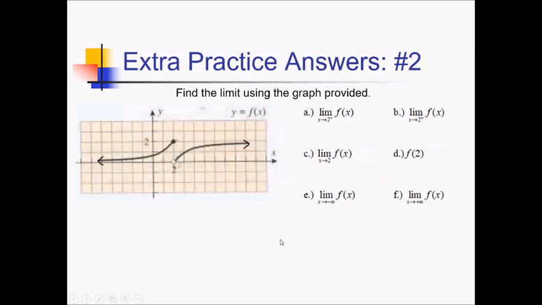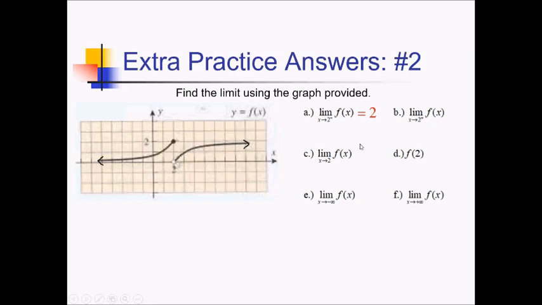On this question, we're going to be using the following graph to answer these limit questions. So first four actually are talking about the behavior of our graph at x equals 2. So left side limit at 2. As we approach 2 from the left side here, we're going to the y value 2. Next, as we approach 2 from the right side, we're approaching the